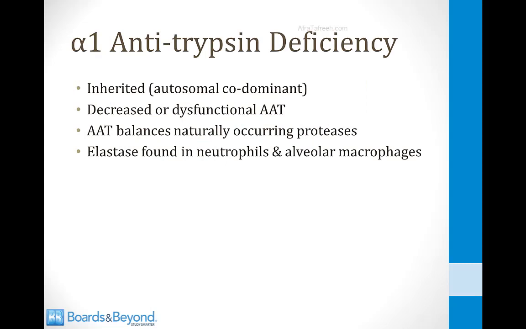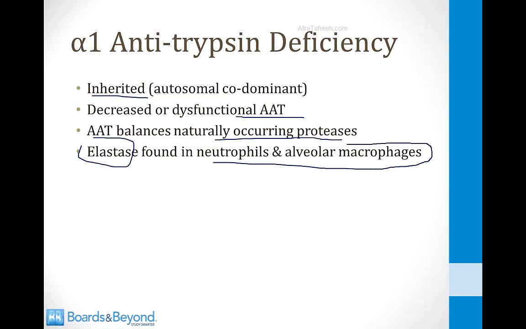So recall that most emphysema comes from smoking, but there is a very rare form caused by deficiency of antitrypsins. This is an inherited disease, and people who have this condition have decreased or dysfunctional antitrypsins. And remember that the antitrypsins balance the naturally occurring proteases in the lungs. The most important of these is elastase, which is found in neutrophils and alveolar macrophages, and it's always present to a small degree in the lungs. As long as you have antitrypsin around, it won't cause any damage, but if you lose your antitrypsin, then it